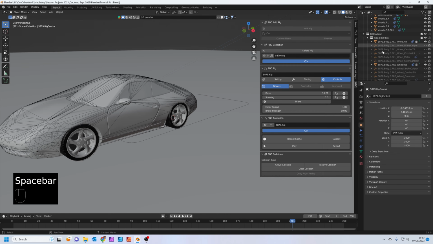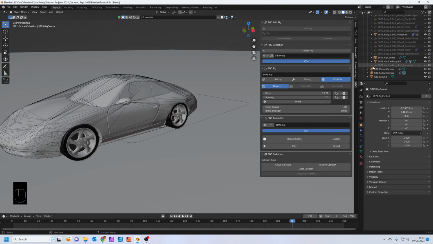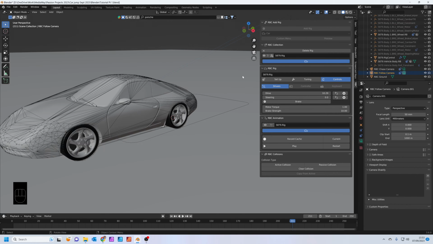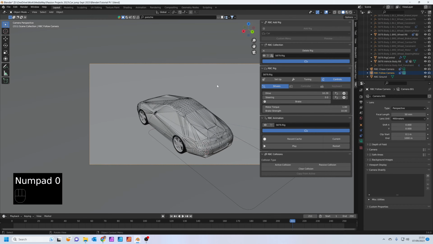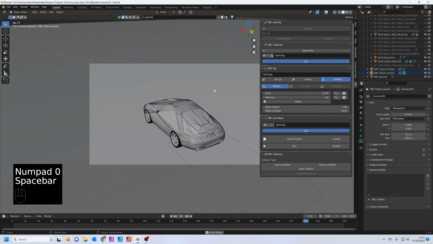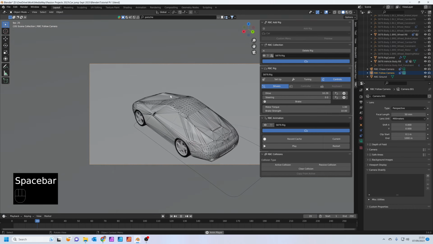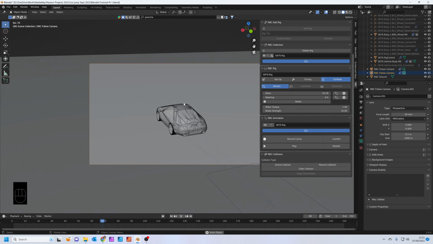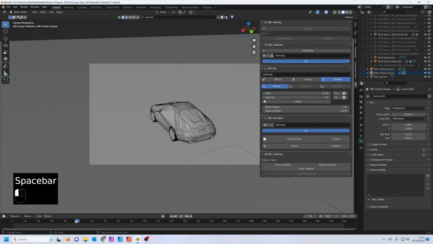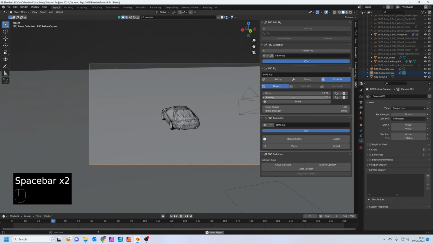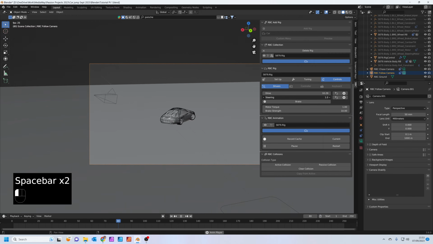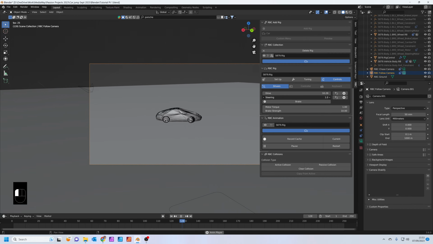And actually they've put a nice camera rig in here. Let's just do this. If you click on the follow camera, the little green icon there, and then press 0 on your number pad, you can see the car and the camera will follow it automatically. What we can also do is use the steering control to steer the car, and obviously steer left and right.